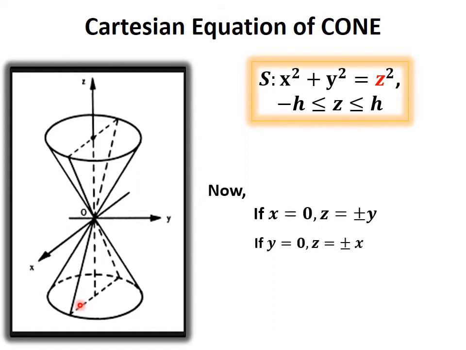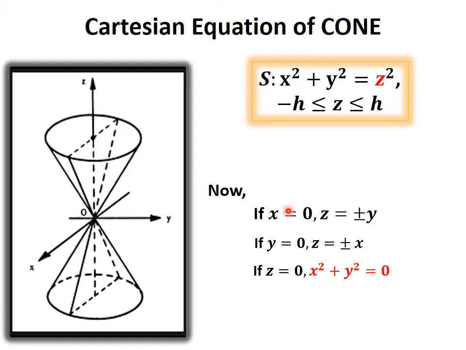What happens if y equal to 0? When y is 0, you are in the xz plane where the curve is x square equal to z square. This can be written as z equal to plus or minus x. Another pair of lines which is passing through the origin in the zx plane. You have a second pair of lines passing through the origin. What happens if z equal to 0? That is in the xy plane. In the xy plane, we got the equation x square plus y square equal to 0, which is nothing but a point